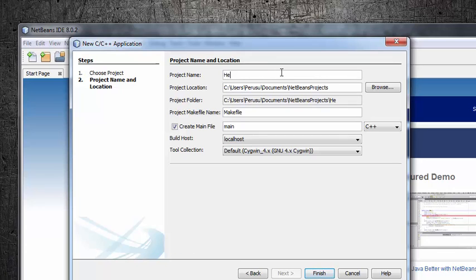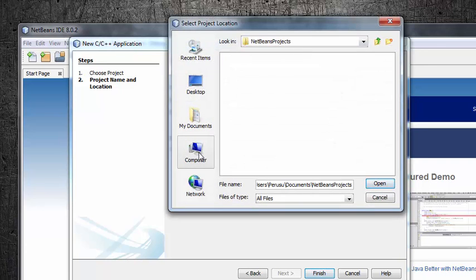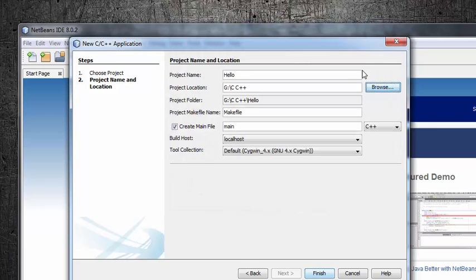I'm going to name it as hello. And here you need to select which platform you are going to work with. Now we are going to work with C, so click C, click finish.